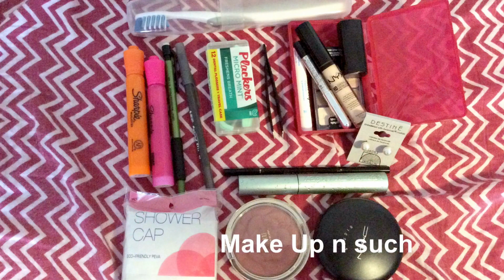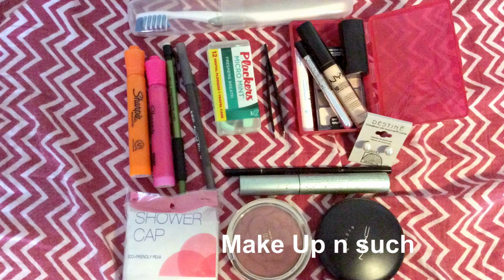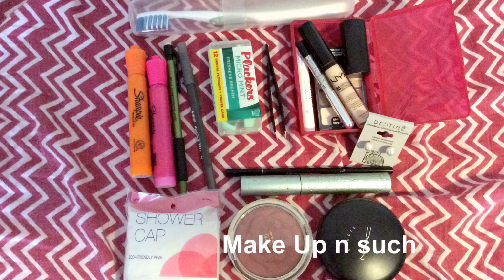So these are just some miscellaneous things. I have some makeup. I already made a video about makeup that I'm bringing to basic training, and this isn't the exact makeup, but it's pretty close. I am missing brushes and my foundation, but this is mostly it. I have a few pens and pencils and a highlighter. I just wanted a few, mostly for like on my way